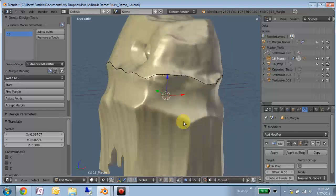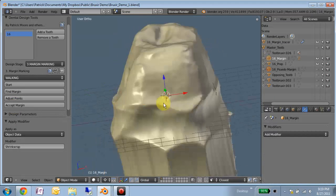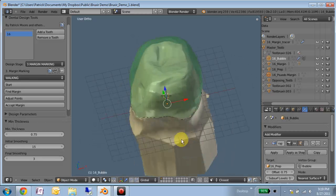So, I'm fairly pleased with how it works. It's a good first draft. That's what you get. From there you can do your minimum thickness bubbles and things like that. So I feel like this is a feature that was really needed, at least to make this a little bit more user friendly, and it had a good